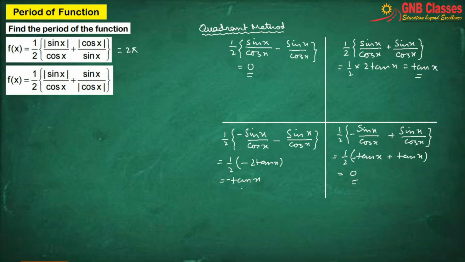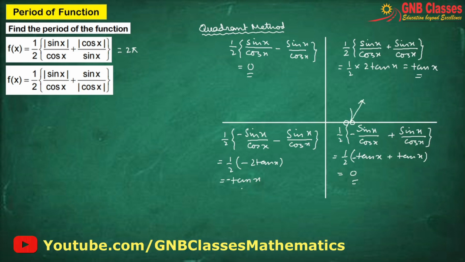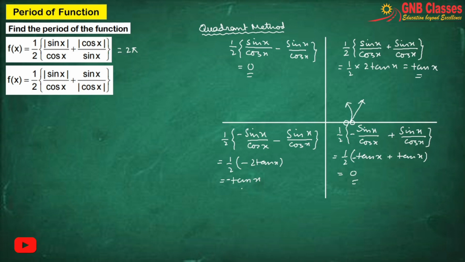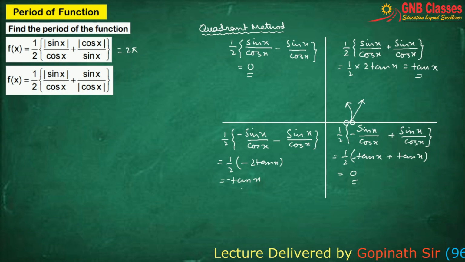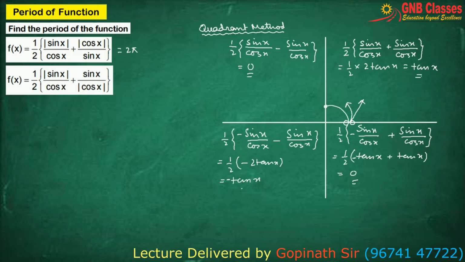Now, the third step: we have to start the journey from this point, looking at this function, which is nothing but tan x. So I have to revolve in the anti-clockwise direction, and we will see where this tan x is coming. Wherever this tan x is coming, we will stop there, and the amount of revolution that we have done will be the period for that function. So from here, if we start the journey looking at tan x, now if we revolve here, we come here,